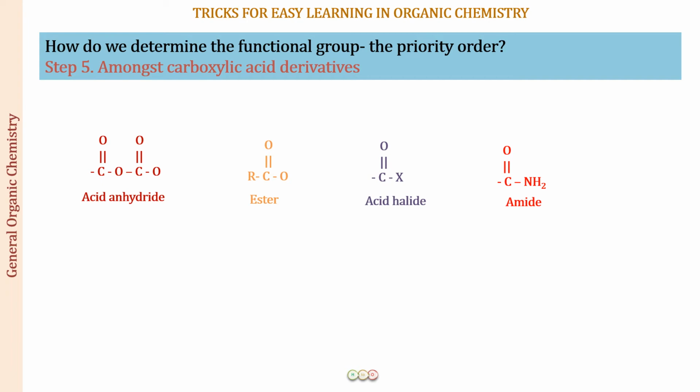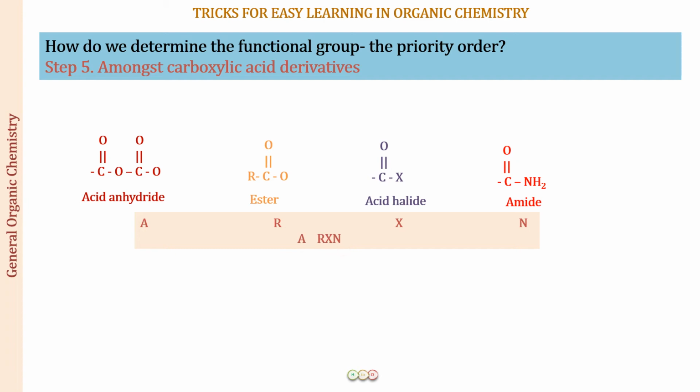Here I will give you a very short mnemonic that you can remember, and the mnemonic has just the first important letters of the derivatives. A for the anhydride, R for the ester, for the acid halide let us put X, which is important, and for the amides let us put N, which is important. In total this becomes RXN, which I write as an abbreviation for a reaction. So if you remember a reaction: A for the acid anhydride, R for the ester, X for the acid halide, and N for the amide,